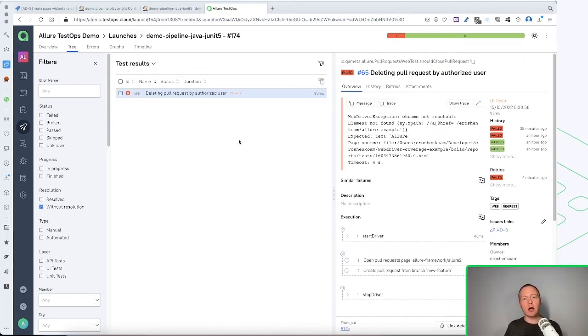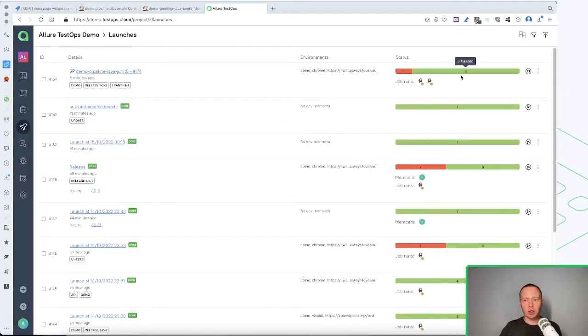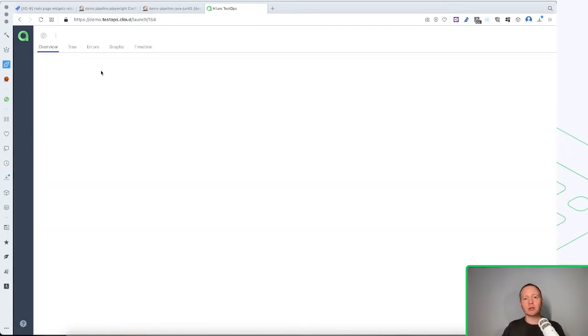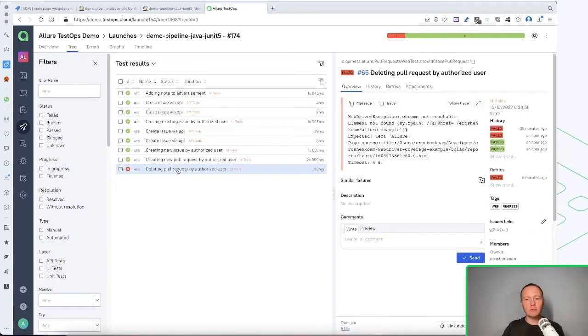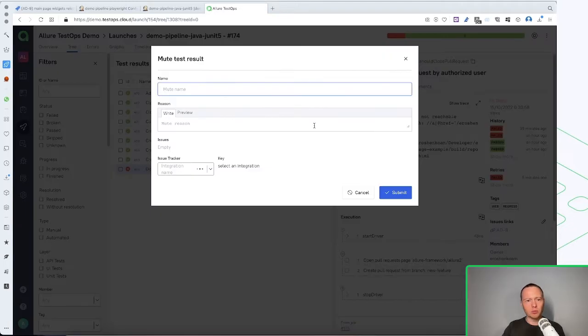Now, what can we do with constantly failing tests? We can move the test to quarantine, and the test cases won't affect our statistics. This test case won't be shown to us in this section. So if we have some test cases that are failing for a particular reason, and we're 100% sure that these cases will be failing, we can move them to quarantine. In our terms, it's a mute. So mute this test, exclude it from the statistics, press mute,